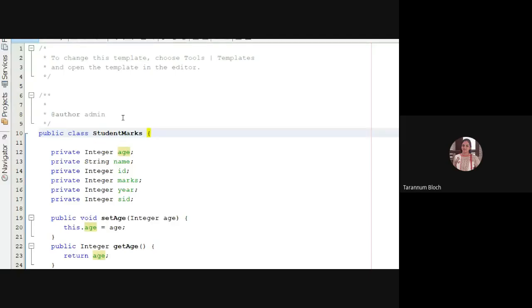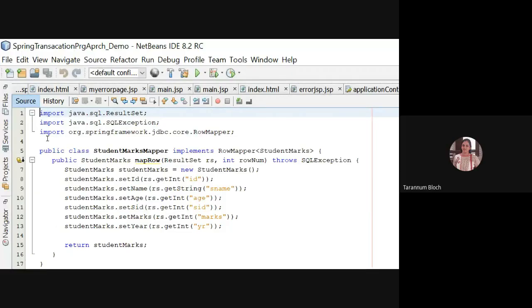So when you are using Spring JDBC, you will have a POJO class. Here StudentMarks.java is a POJO class. Then we can have a mapper class. What does the mapper class do? Row mapper will map a particular POJO class. Our POJO class is StudentMarks, having all the data members and properties related to student, and the getter and setter methods. So I'm saying that all the data properties of this POJO class need to be mapped with your database table.